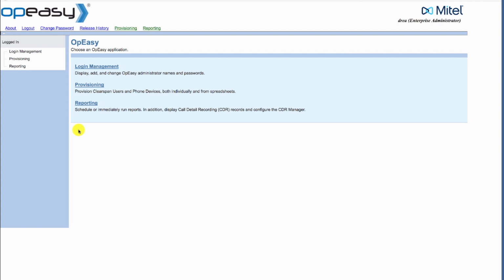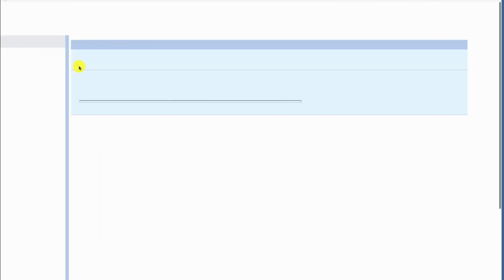Today you'll learn how to add a shared call appearance. Phones have multiple lines where normally you'll have a primary line for one user, and then you can have one or more shared call appearances, in other words, additional lines for additional users on that same phone. So we will add to an existing phone with a primary user, we will add a shared call appearance for a second user. So from the OpEasy main menu, we click on provisioning, and we click on users,